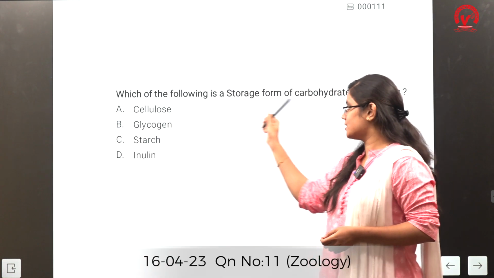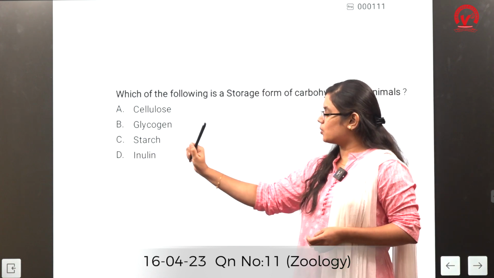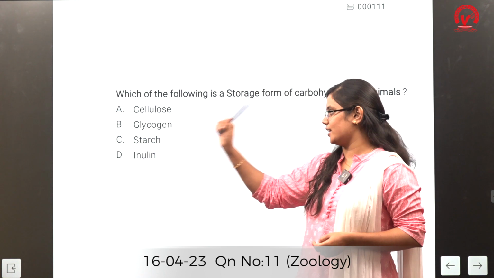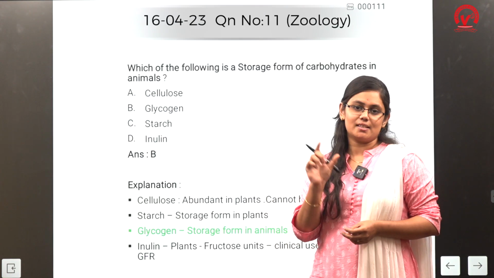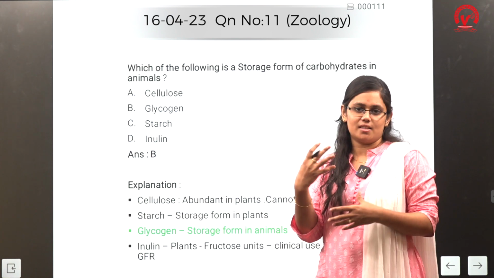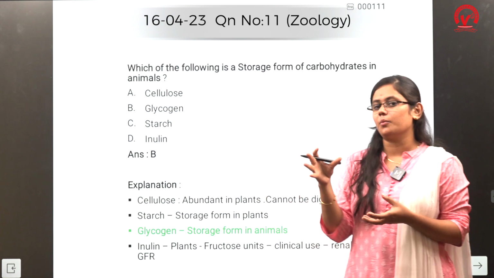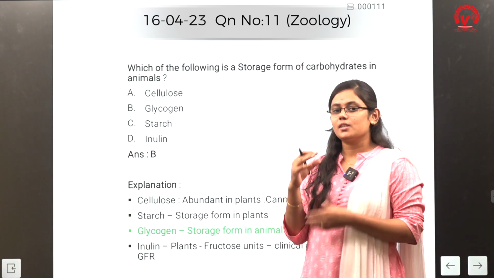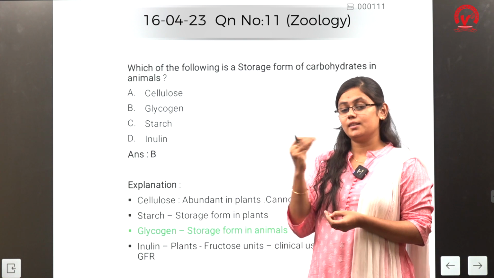Which of the following is a storage form of carbohydrates in animals? The options are cellulose, glycogen, starch and inulin. Here the correct option is glycogen, because cellulose, starch and inulin are present in plants. Cellulose is present abundantly in plants, which cannot be digested by animals, we know. Starch is also a storage form of carbohydrates, but it is present in plants. Okay. Inulin is also present in plants, not in animals,